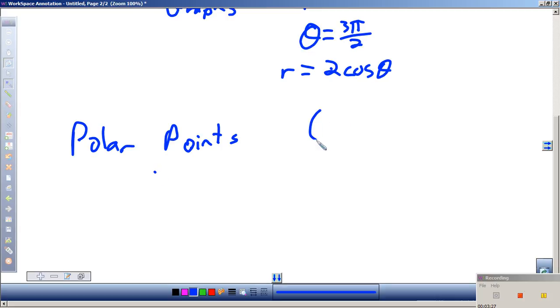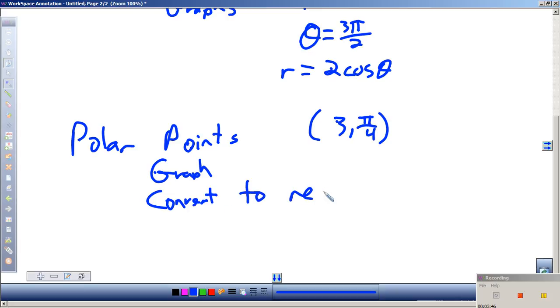So maybe I'll give you something like, say, 3 comma pi fourth, and say maybe graph, convert to rectangular,